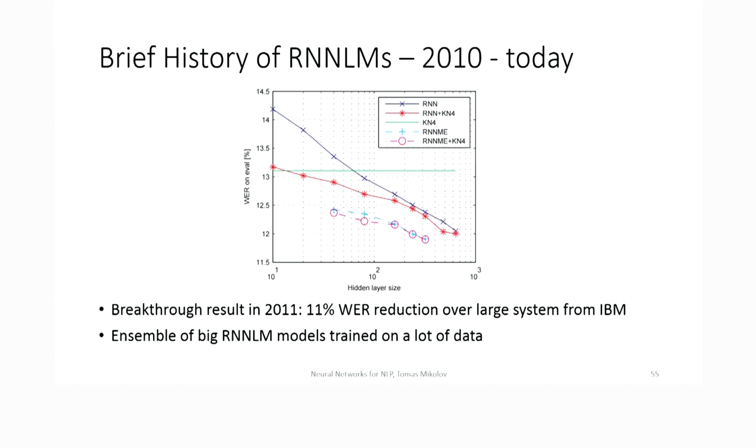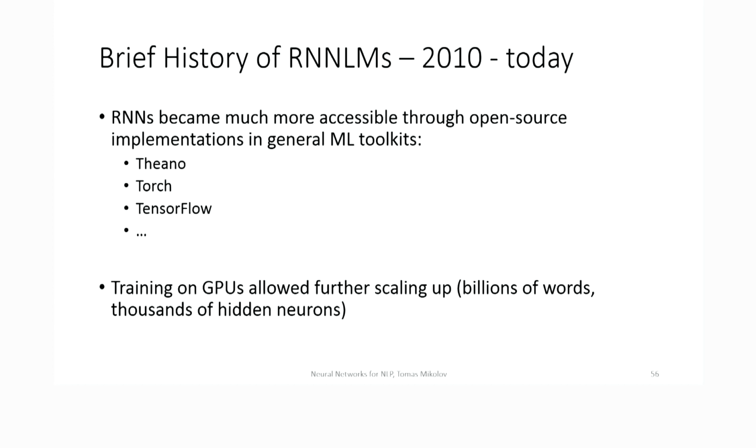Another result that convinced a lot of people in the speech recognition and language modeling community back then was to show that on the best setup from IBM for broadcast news speech recognition, one can still get significant improvements. The Wall Street Journal setup is sort of a toyish benchmark, but this IBM setup was really well tuned for 10 years, and still we could get 11% word error rate reduction. So that was pretty big back then.